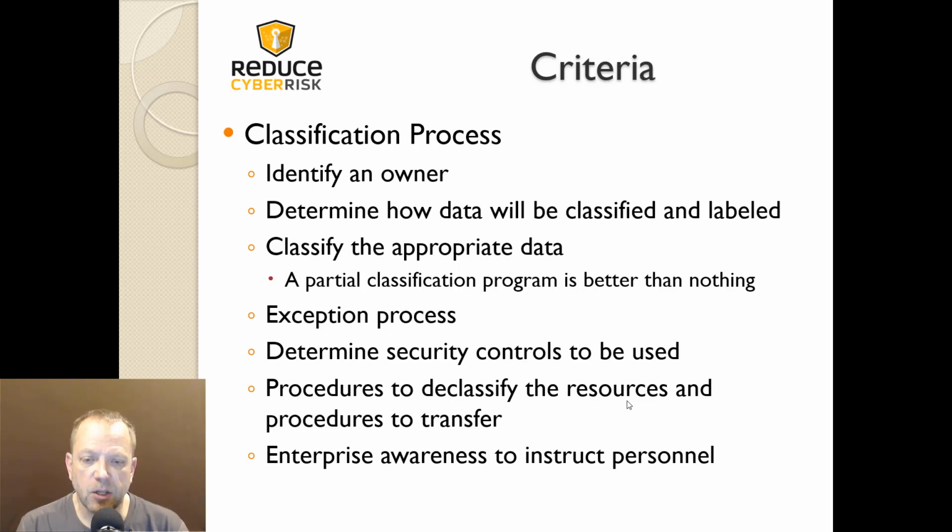You also need to determine the security controls to be used. So this comes into where you have your high, and let's just say, for example, we're going to go with low and high. And you have already determined the exception process. You already know who the owner is. In the case of someone who has a high IP that you need to have protected, or high data, whether it's PII or financial data or something along those lines, then what you're going to have to decide is, do you have the right controls in place? So for an example, you might want to say,